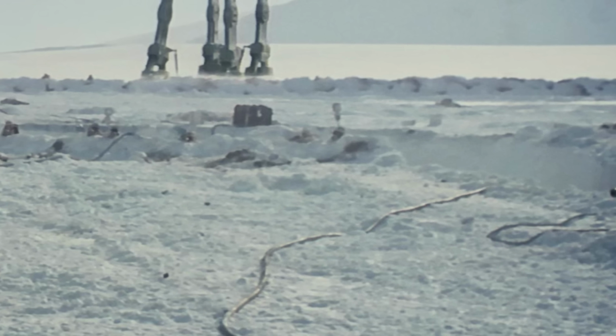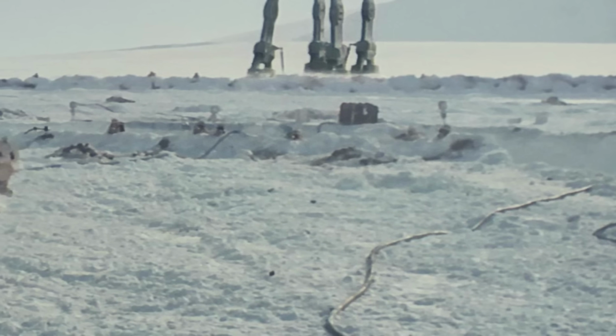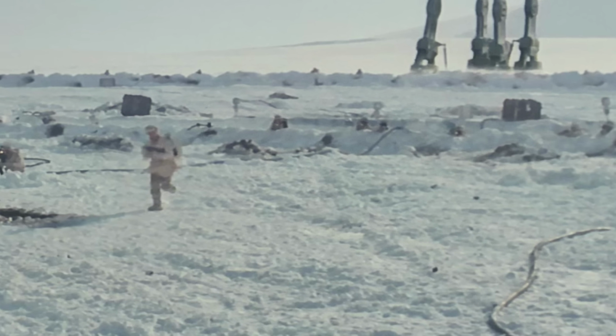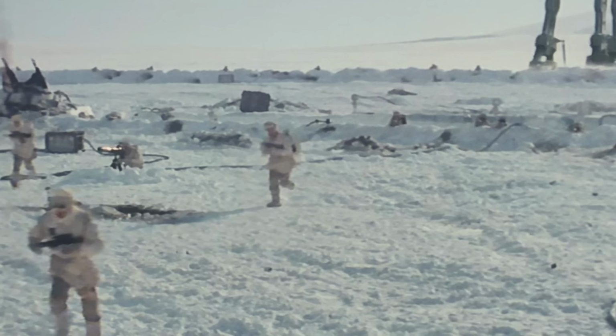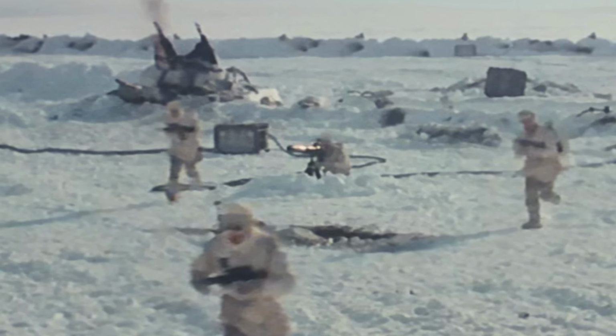So during the Rebels' retreat, if we look really closely, we can still see Rebel soldiers in the trenches. And not only are they not retreating, but they're actually facing away from the walker. That is, it looks like they're aiming at their own men. Now that could be a really interesting topic for a canonical discussion, but I actually want to tackle this from